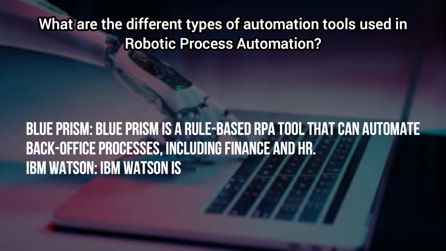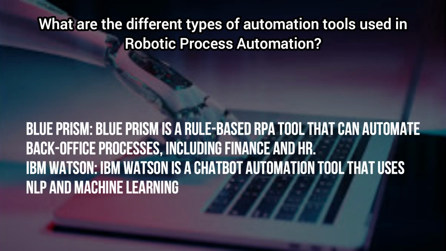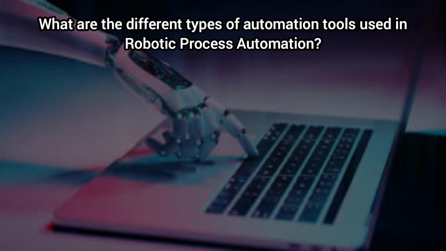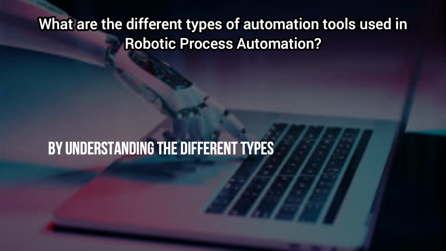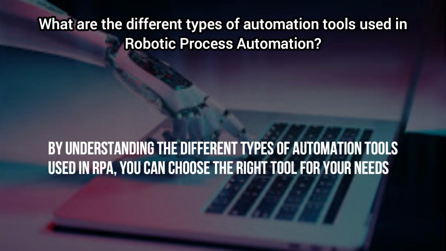IBM Watson. IBM Watson is a chatbot automation tool that uses NLP and machine learning to interact with customers and provide assistance. By understanding the different types of automation tools used in RPA, you can choose the right tool for your needs and automate tasks more